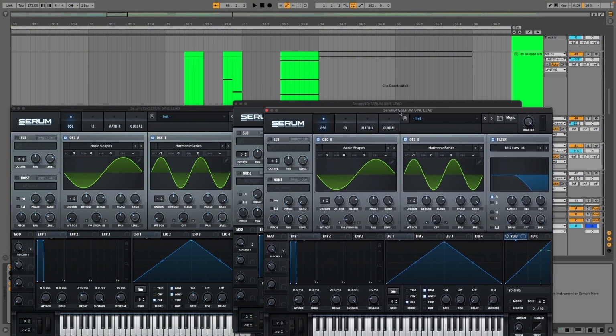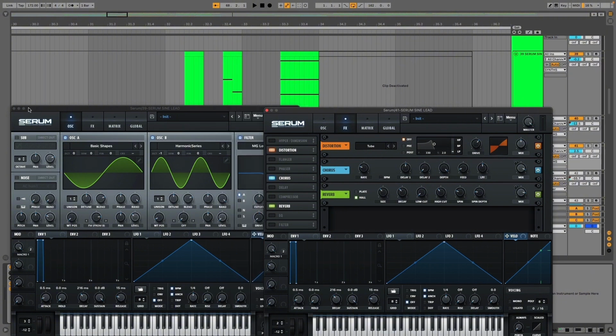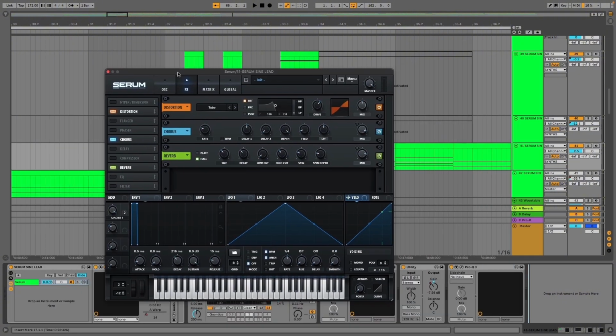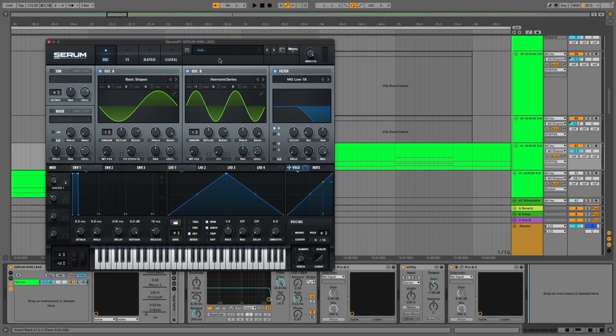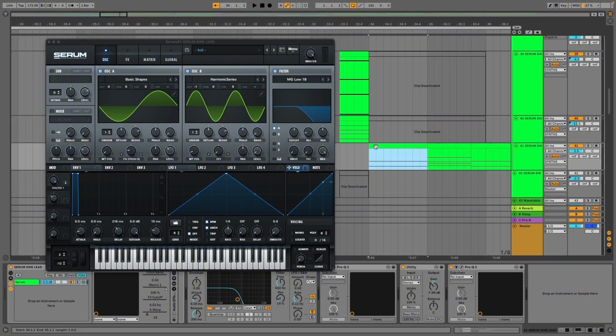As you can see, the patch is quite simple. I won't open all of them because it's the same thing. It's just two oscillators. I don't know why it's random here all the way up. It's probably been tweaked to 0 at the final mix, but anyway, it's just basic shape sine wave, which is